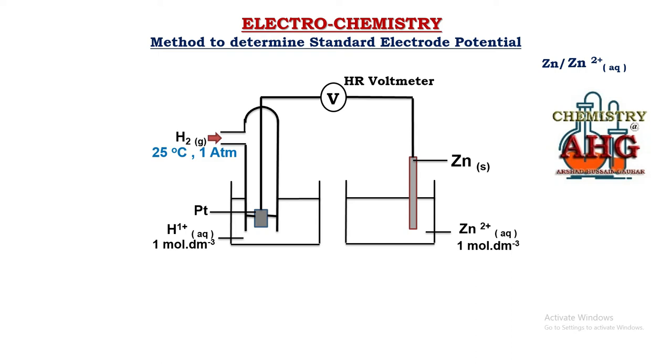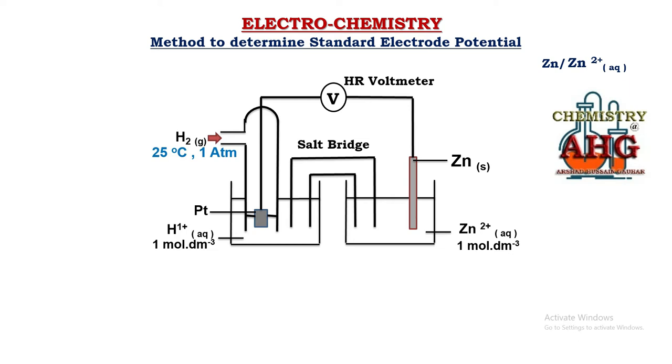Now you can see we have placed the two half cells, and externally the circuit has been completed. But what is the problem? Internally there is no link between the two half cells, so the circuit is not completed. How do we complete the internal circuit? The internal circuit is completed by using a salt bridge. This is the salt bridge. Now what is a salt bridge? I will give you its description a bit later in this video.